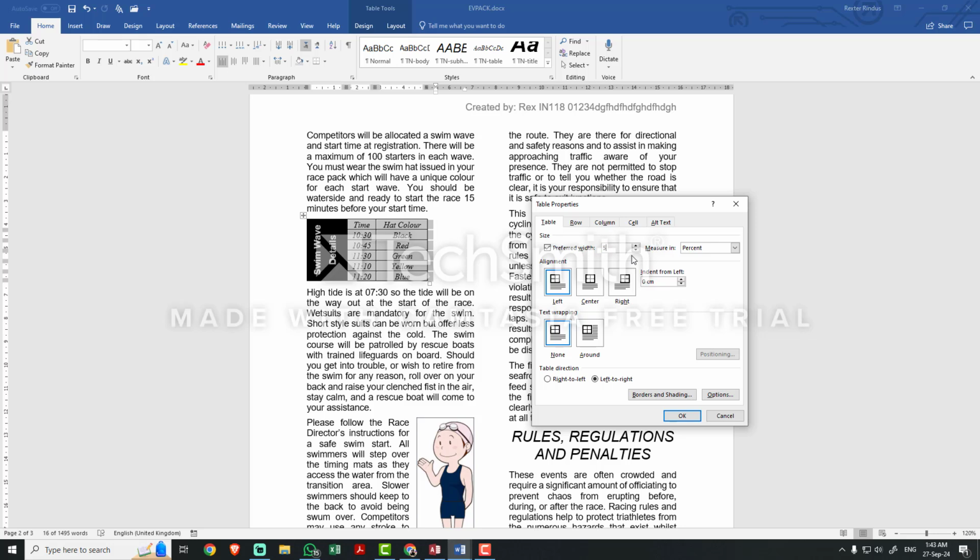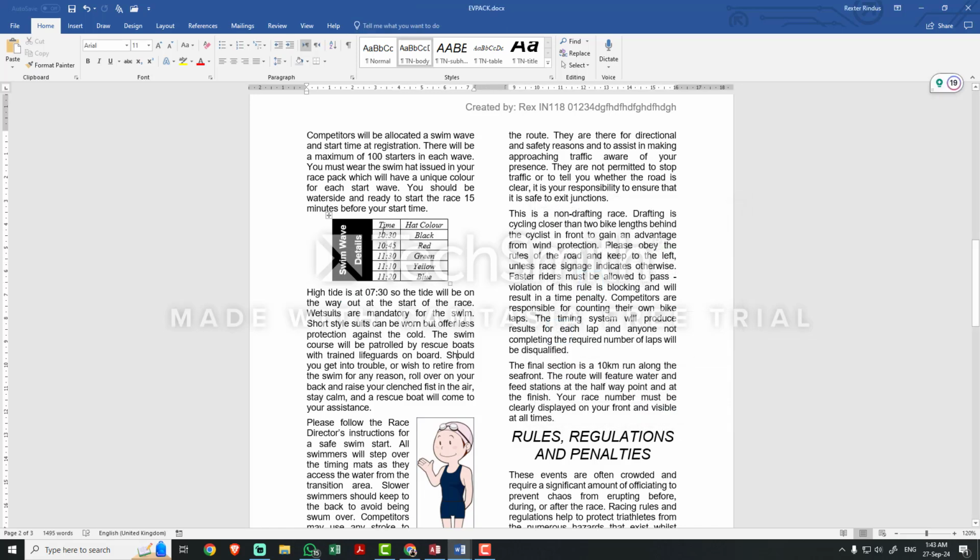So I'll just make it 5 centimeter and make it in the center, if they emphasize or are specific on this particular question. So I think they said that also it was asked to put in the middle. So this is the exact size, 5 centimeter, the size of a table, and it will be in the center alignment.